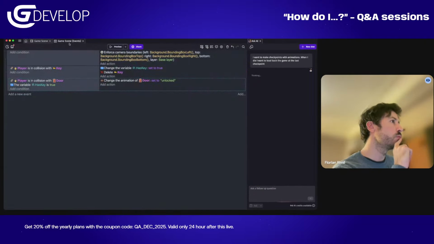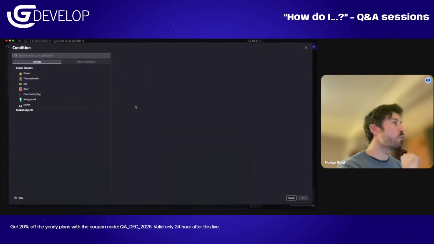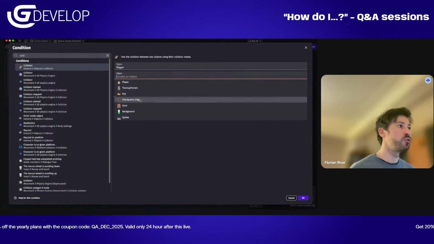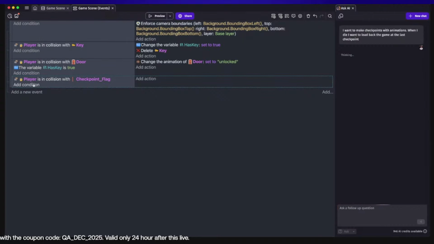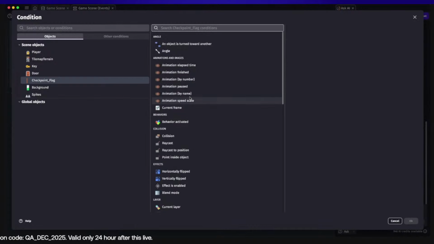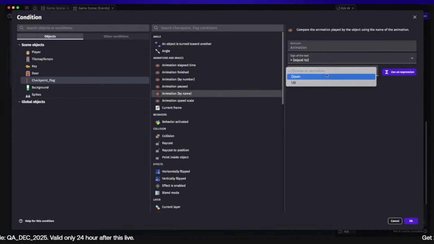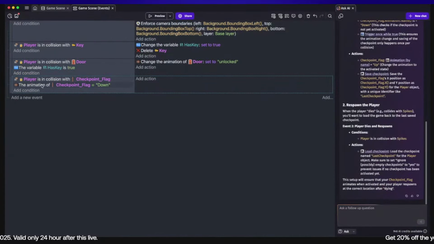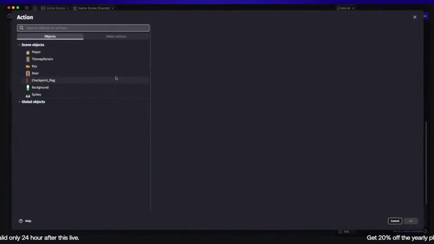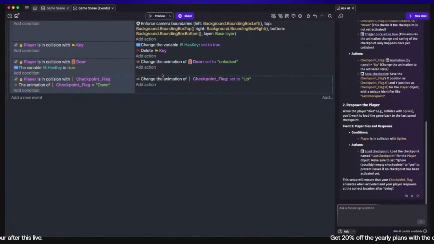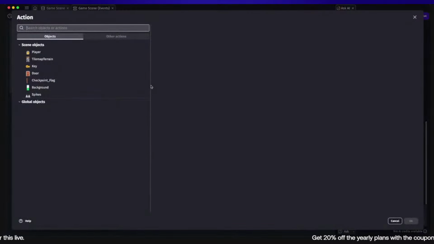So first thing I want to do is to add a new event, and when there is a collision between the player and the checkpoint, we can check if the checkpoint is not activated yet. So let's use the checkpoint and check the animation to check if the checkpoint is down. So when we collide with the checkpoint and the flag is down, then we will put the flag up. So we change the animation to up, and then we can use the save and load feature, which is part